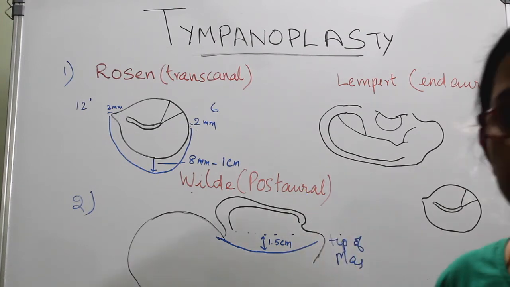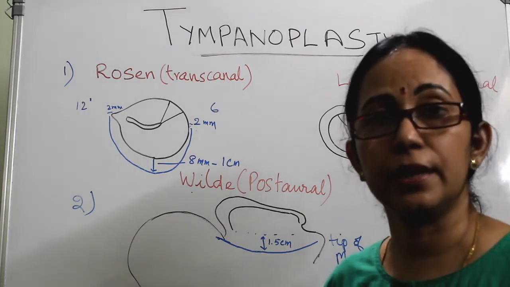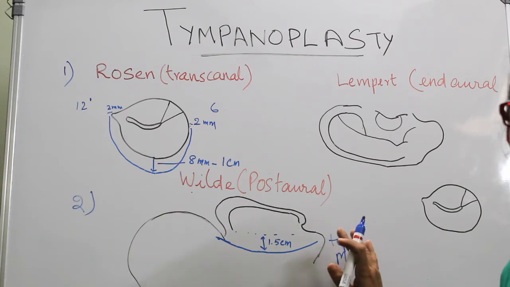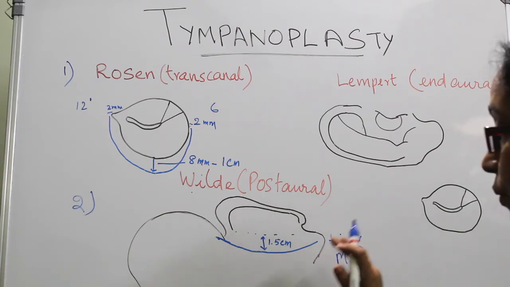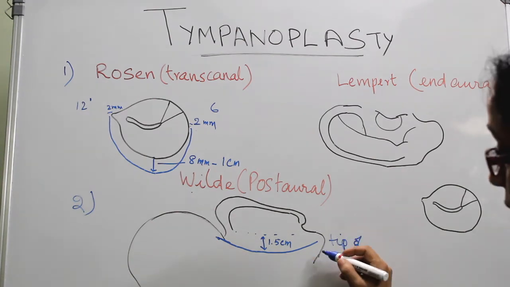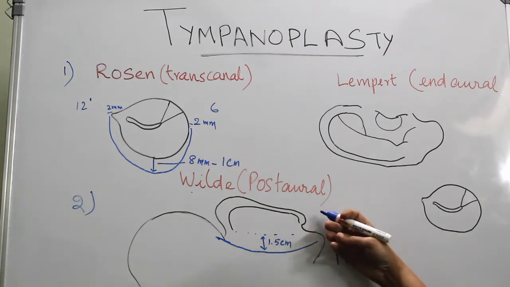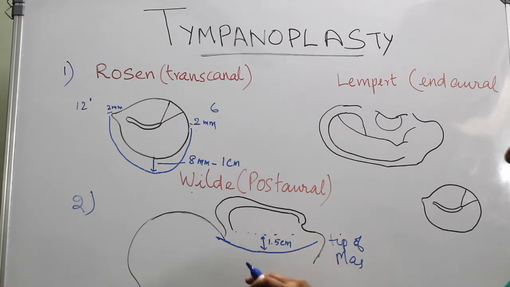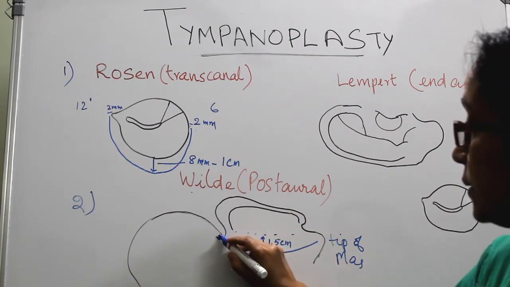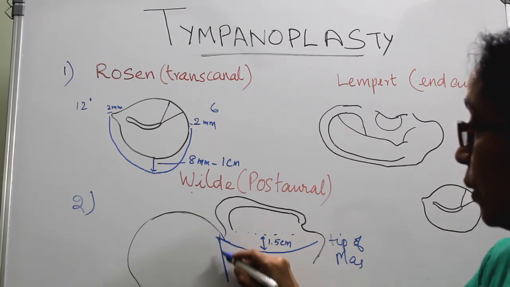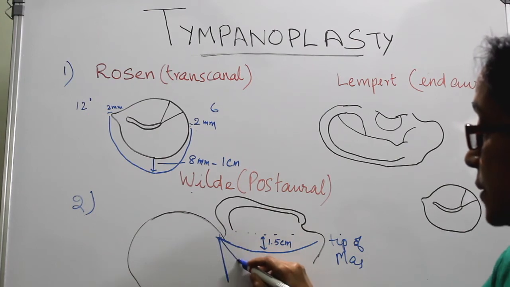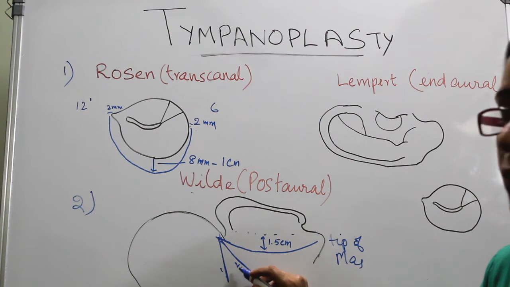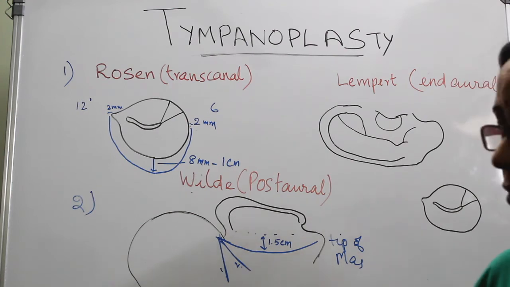And if you are doing this on a child of less than 2 years of age, the tip of the mastoid is not developed in a child of less than 2 years. So there is a chance of the facial nerve directly emerging from the stylomastoid foramen. So this incision can be made more horizontal, or it is like this, or this. These are the 2 modifications used in children below 2 years of age.